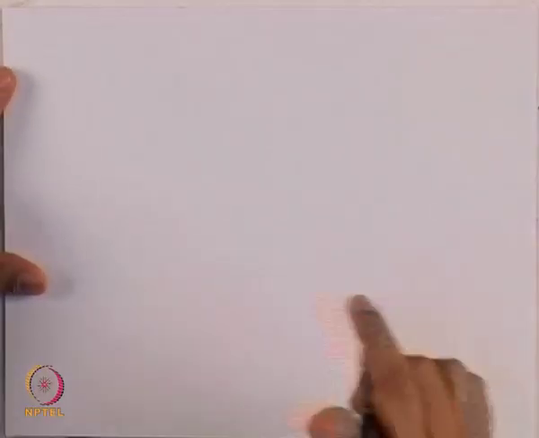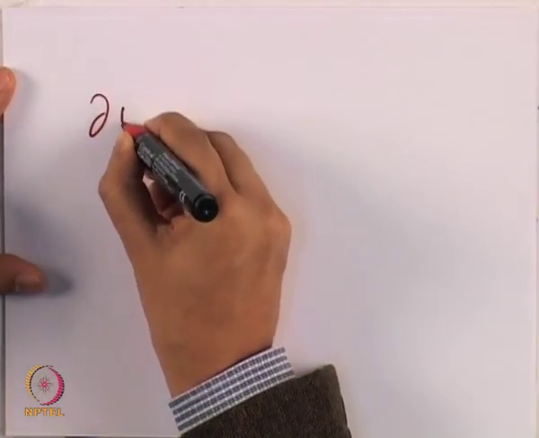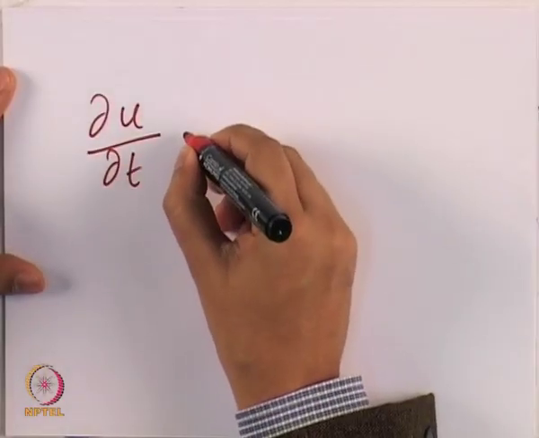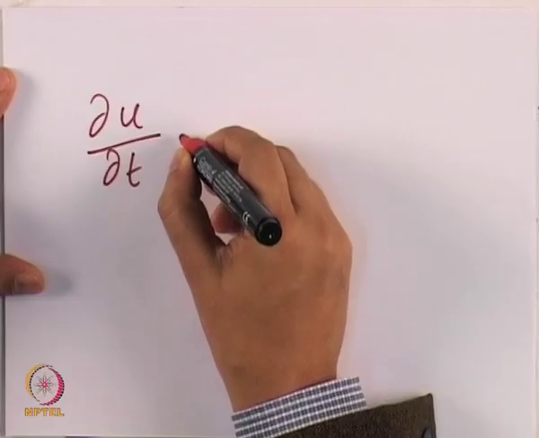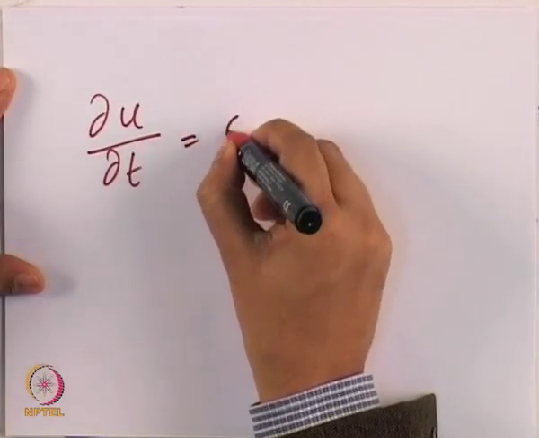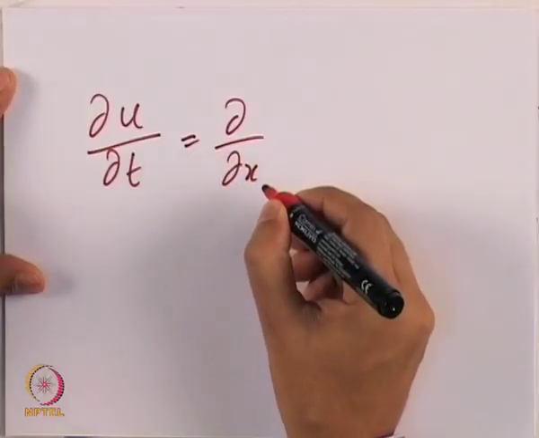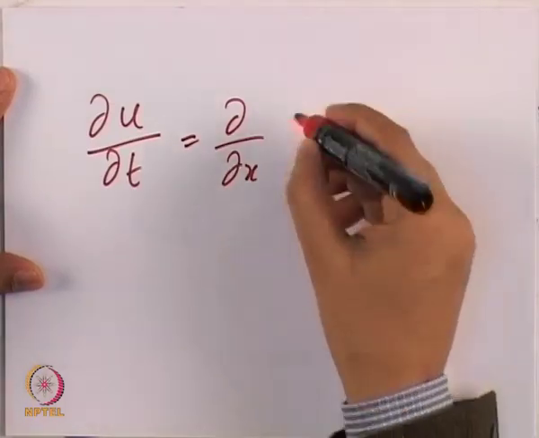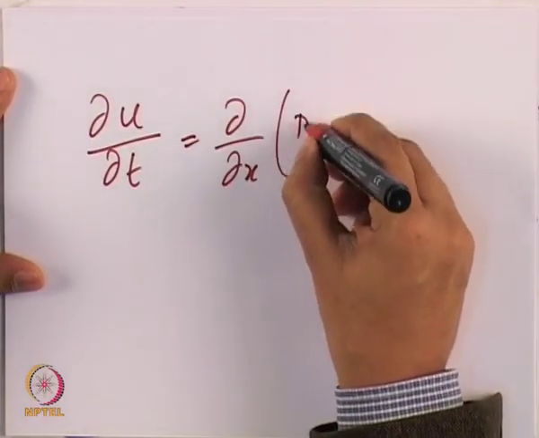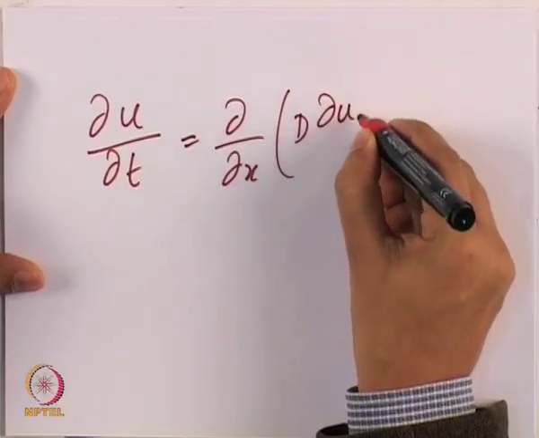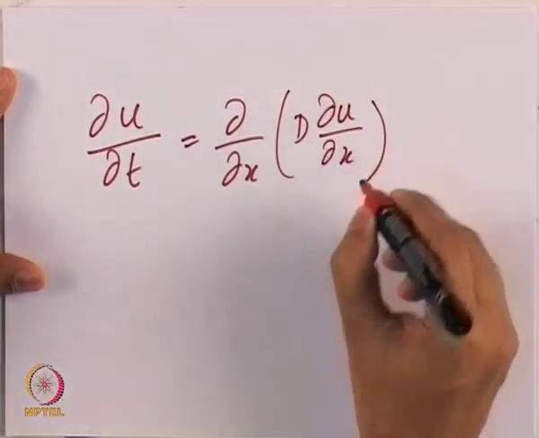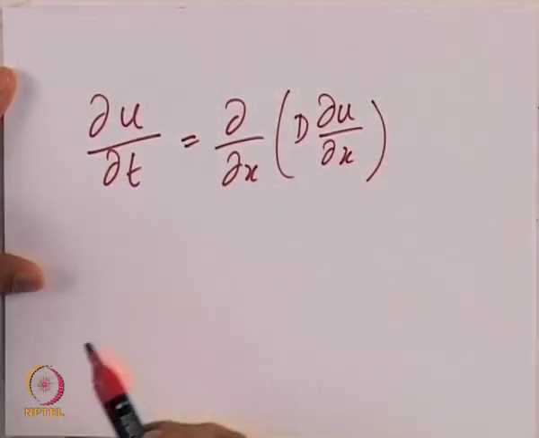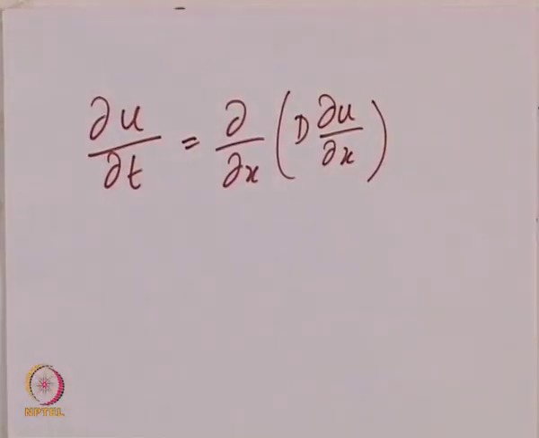So the heat diffusion equation is going to be of the form du by dt, the partial differentiation with respect to time, is equal to, like we had in the case of the advection equation, partial differentiation with respect to x of some quantity which we call d du by dx. As you can see, this is a second order differentiation in space, first order differentiation in time. So that is what we have got in the slide,